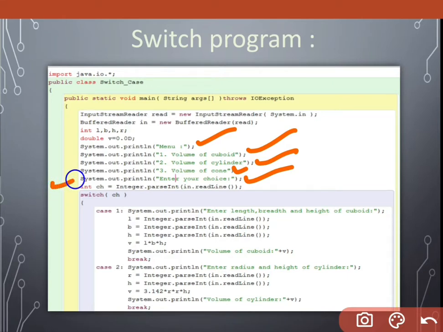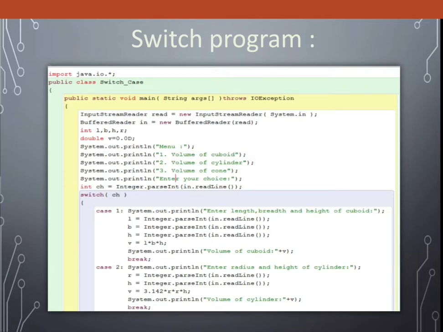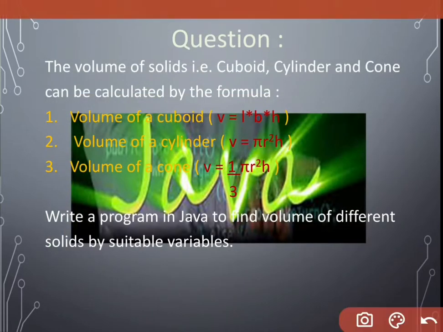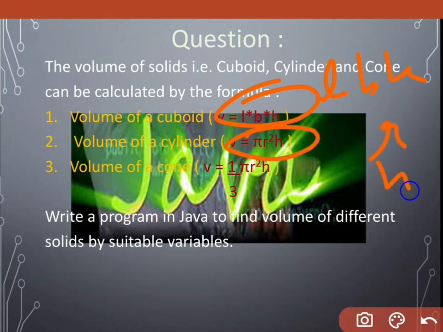The user's choice we enter inside ch, and we have different kinds of variables, because our formula needs L, B, H for the cuboid, and R and H, radius and height, for the cylinder and cone.